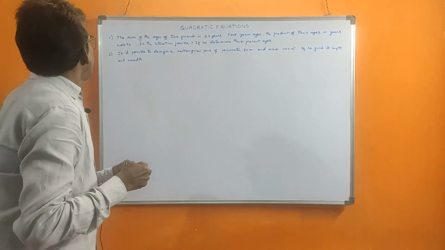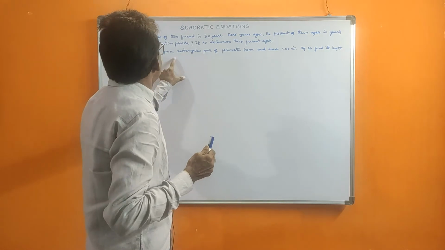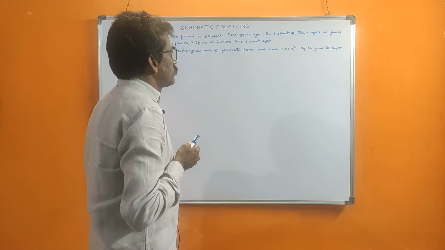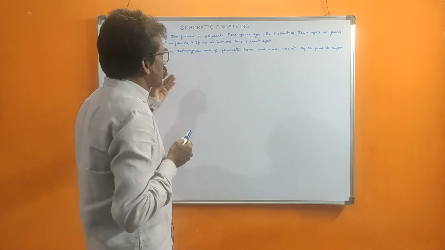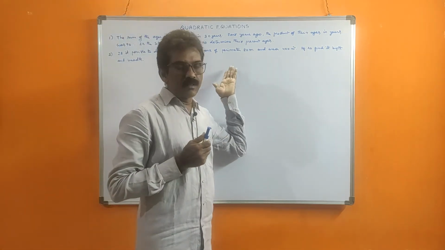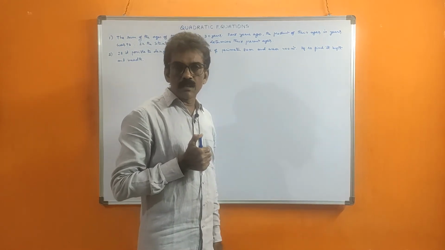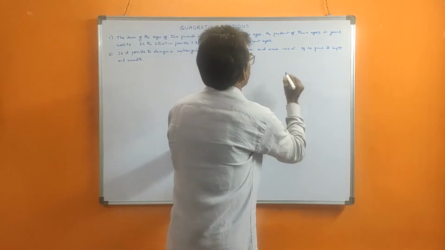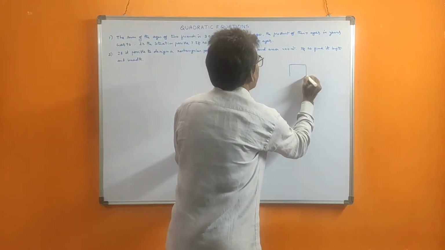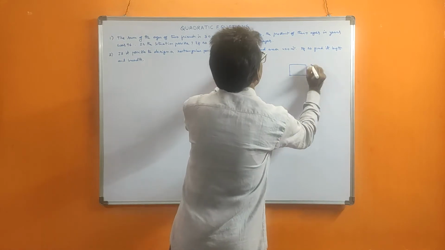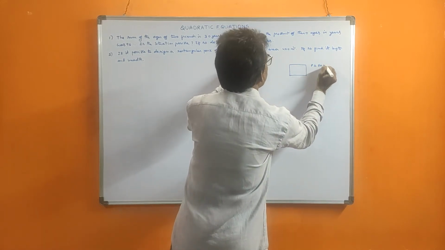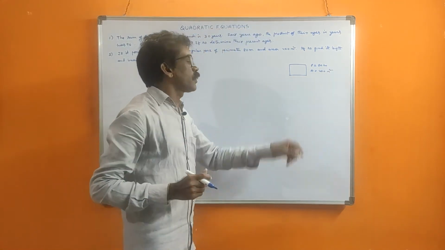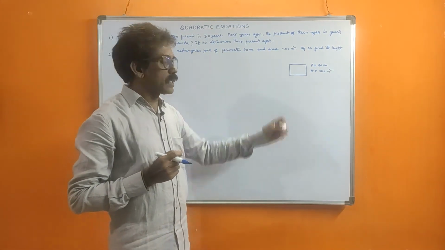Now see this one. Is it possible to design a rectangular park of perimeter 80 meters and area 400 square meters? If so, find its length and breadth. If you get roots, find them; if not, then you write not possible. He wants to design a rectangular park such that its perimeter equals 80 meters and area equals 400 square meters. We are asked whether this is possible, and if possible, what the lengths are.